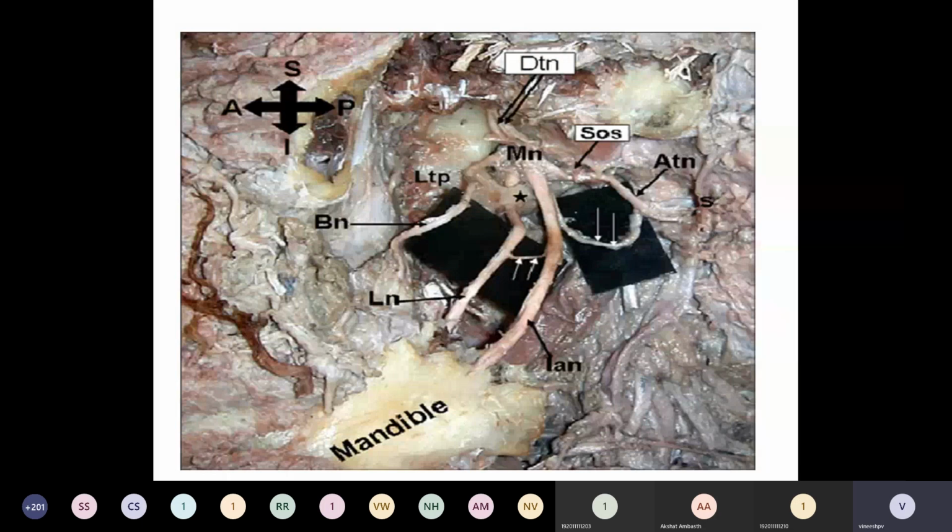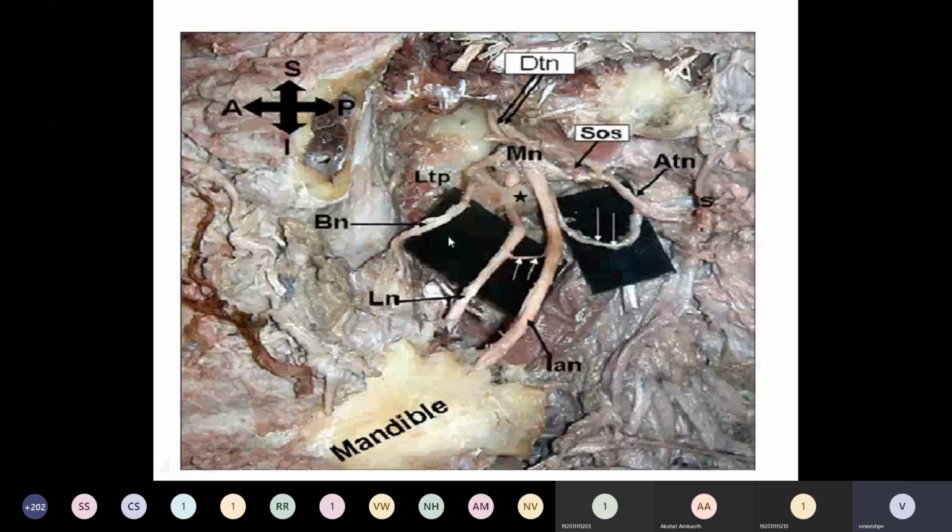When you do the dissection, if you remove the mandible, see, this is the part of the mandible, and here is the mandibular foramen. It's quite difficult to understand, I know. Still, see, this is the anterior part, and this is the posterior, superior, and inferior. To identify this inferior alveolar nerve, just pull it out. You can see that it goes into the mandible through the mandibular foramen. So that is the inferior alveolar nerve, which is usually situated posteriorly. In front of that, there is similarly a large nerve, that is the lingual nerve.